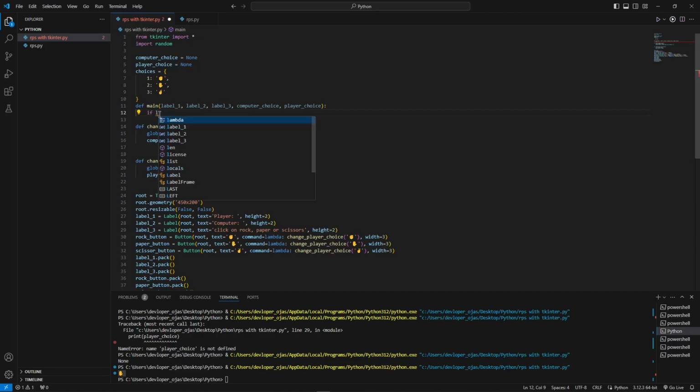If computer choice, okay, this is the variable that is. I'm going to change this to a capital C because it is actually copying the computer choice from here. To change that, I'm going to put this to capital P. If computer choice is equal to player choice,